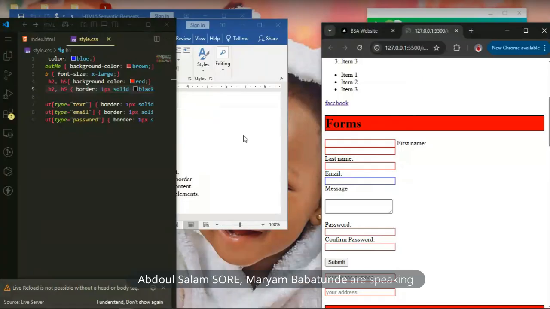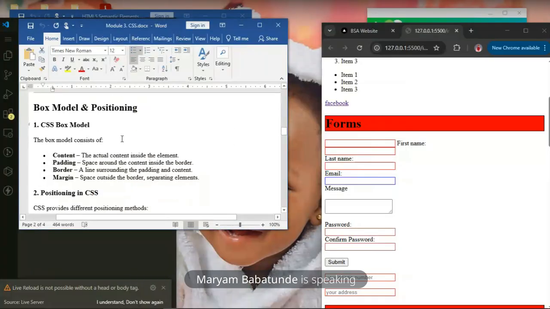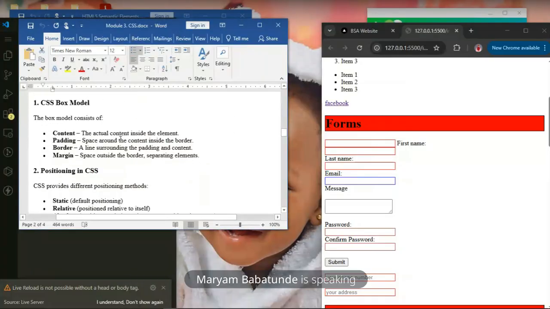Yes, clearly. Okay, fine. So those are the CSS box model, and how we can style them. For the content, we can decide to give the content a different color, a font size, whatever styling we want to give them. Now, going to the next one, which is